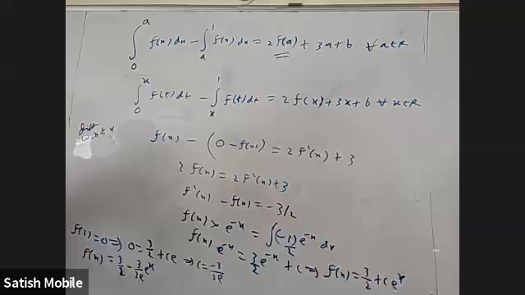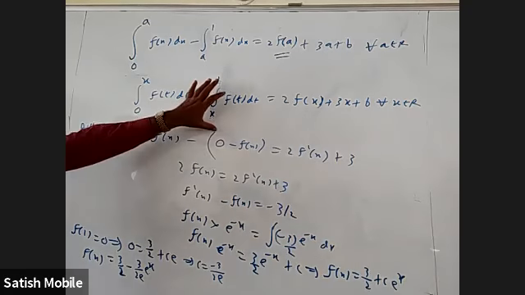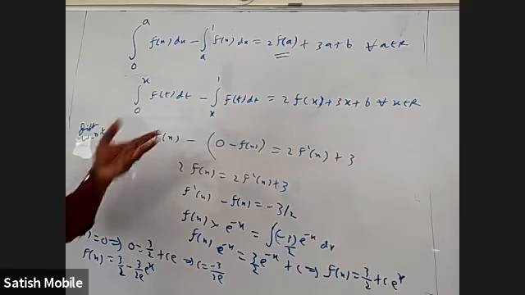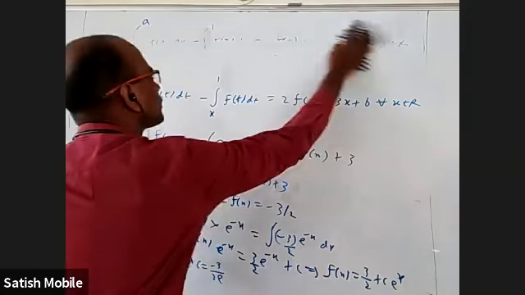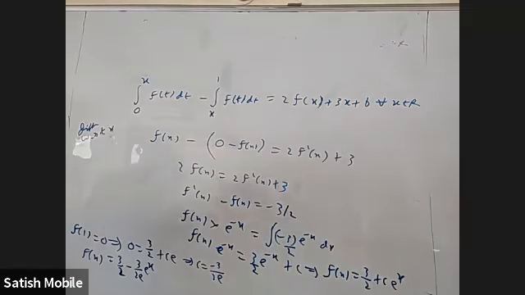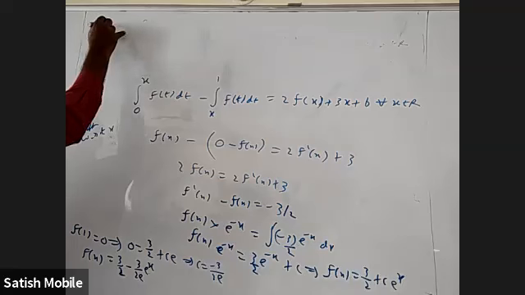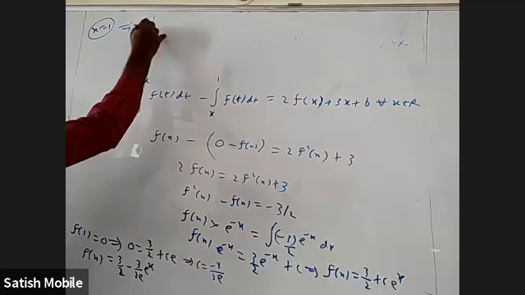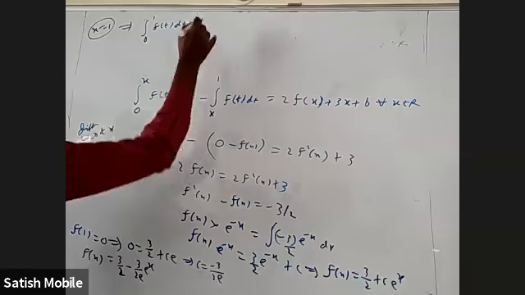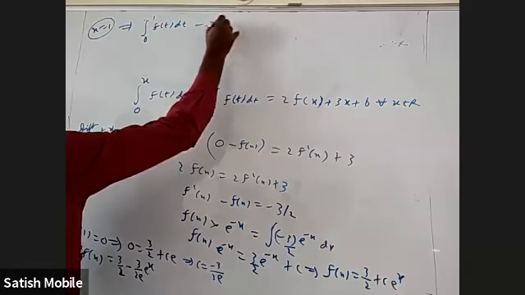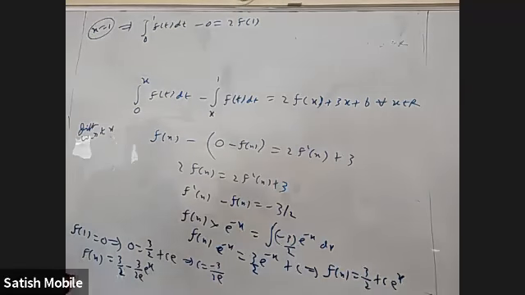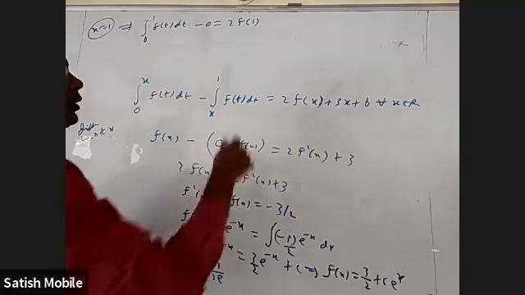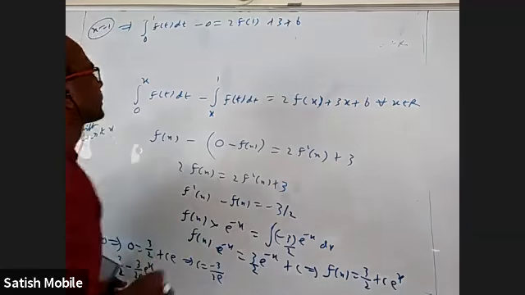Actually, to find b, I can put x equal to 1. This integral will be gone. 0 to 1 will give me directly the b value. So maybe I can find that. It will be easier. Let us do that. Okay. Substitute x equal to 1 here. It will become integral 0 to 1 f of t dt. This will be 0. And the right side will be 2 f of 1 plus 3 plus b.